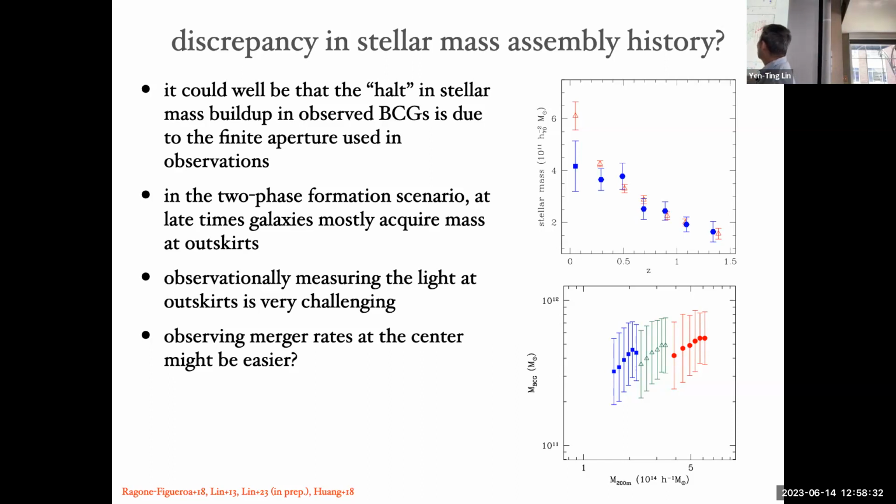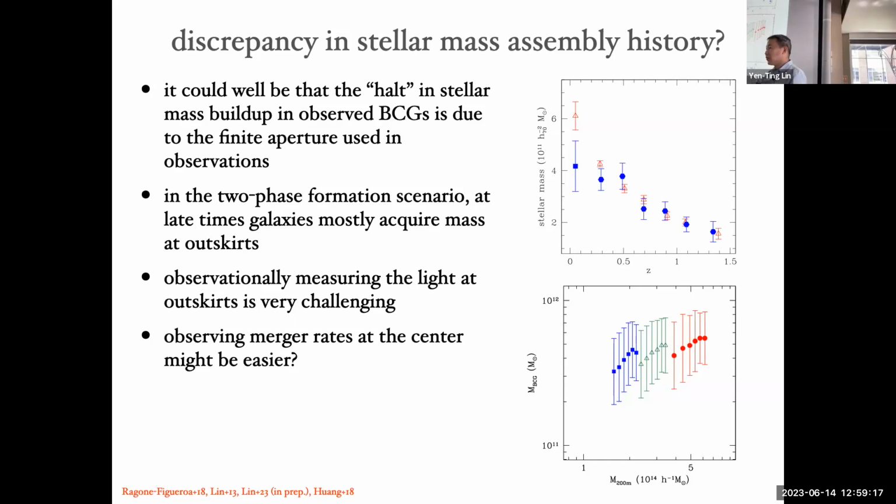So I should say that for these measurements, we use a so-called CModel magnitude, which is kind of a matched filter approach to measure the BCG photometry. CModel just chooses whether a BCG is better described by an exponential profile or the de Vaucouleurs profile, and then chooses the suitable weight to get the best measure of the BCG light. But it cannot go forever. So we kind of stop at